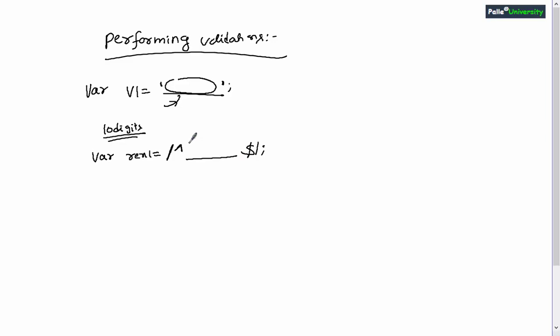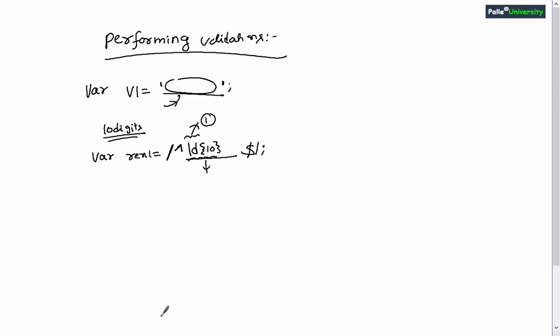Right? You tell me, as per regular expressions, which meta character will be used for checking digits. Obviously we know \d, lowercase d, right? So when I say \d, this code can check whether one digit is present or not, right? In case I want to check whether a variable has exactly 10 digits or not, obviously I must use the quantifier curly brackets 10. So this entire code will verify whether a variable has exactly 10 digits or not, right?